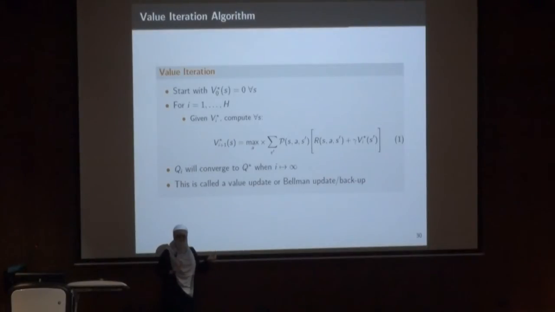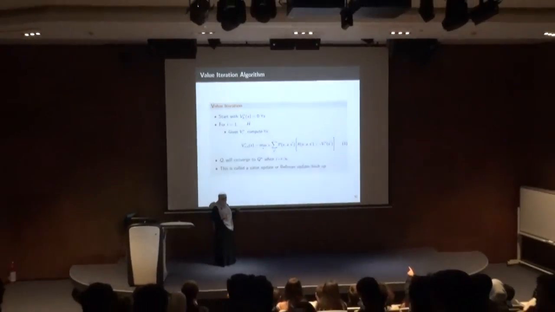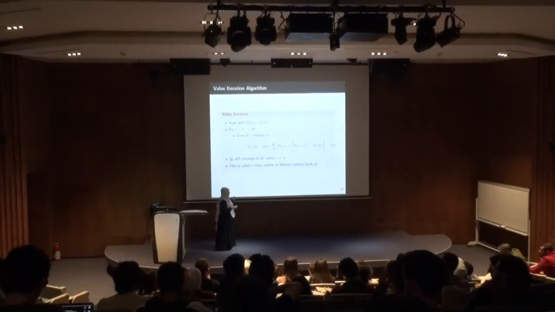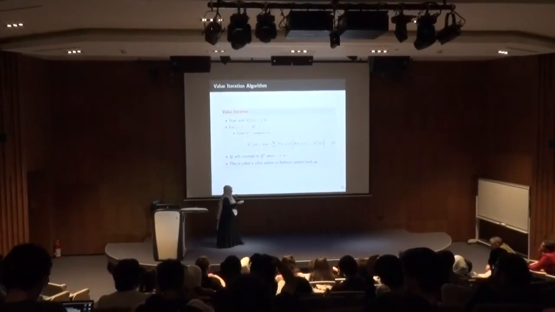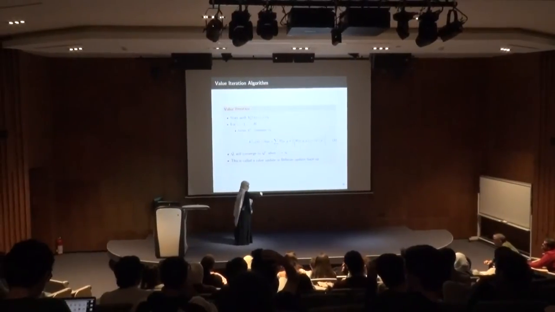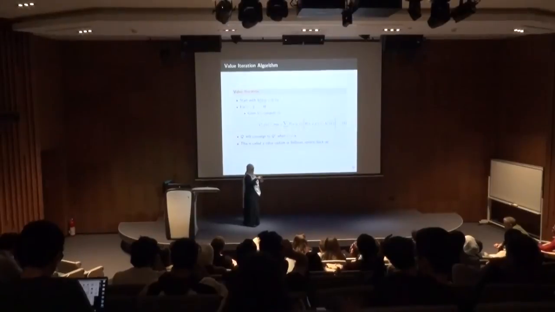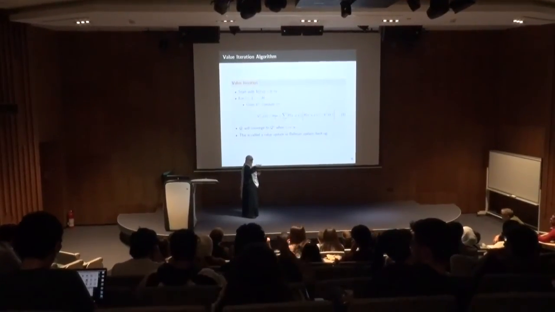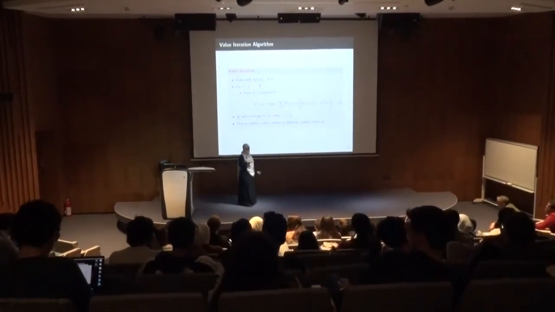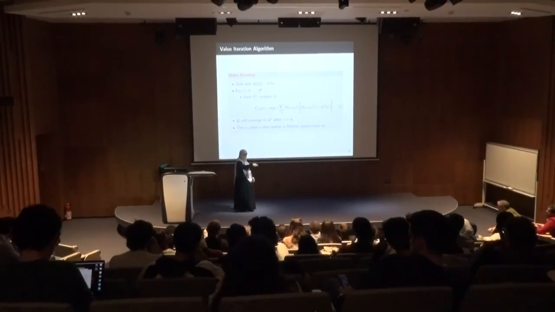Again? Actually, you can ask now. If it's still not clear, you can ask now. The R is not discounted. The discount is on the next values. I think if you do it mathematically, you will have gamma on the R, but this is the algorithm. We have a discount on the value of the next state.